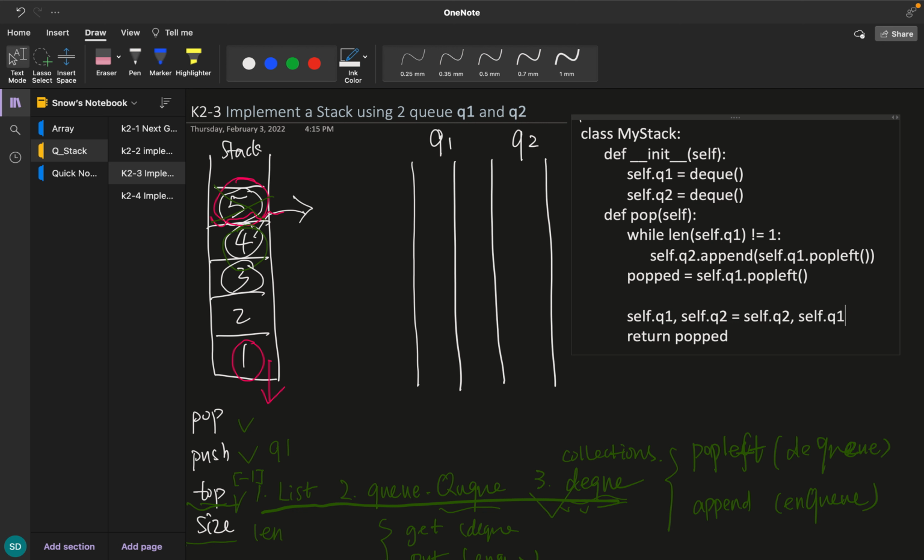For push, just put it to Q1. Yeah, that's it. And for top,